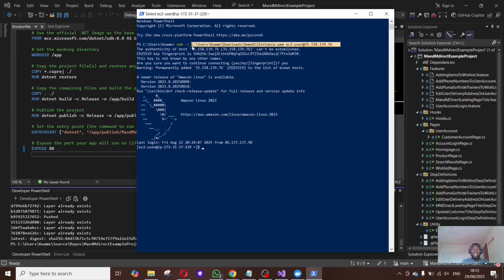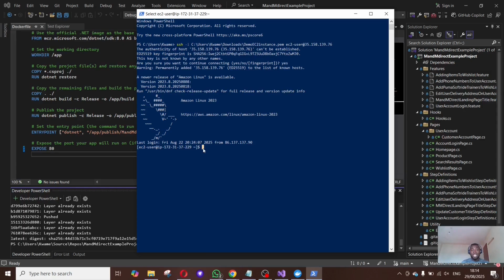And as you can see on here, I have run the SSH command, and through some verifications and security configurations, we're able to establish the connection. So as you can see on here, it says EC2 user, and then we've got our IP address for that server. So the next thing we can do is, now that we are on that server, we can pull